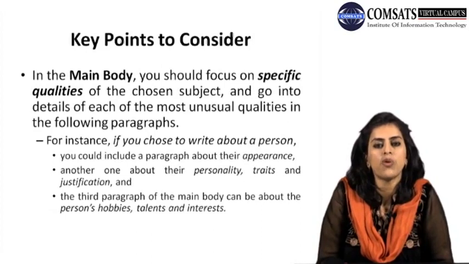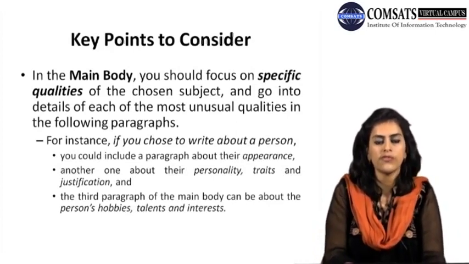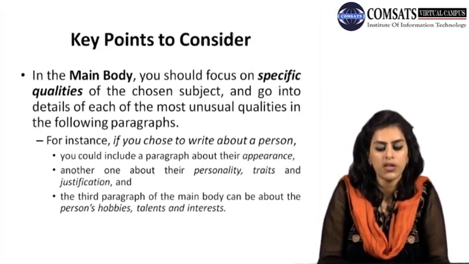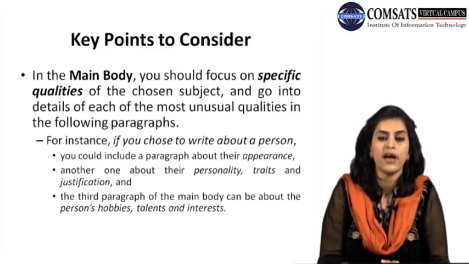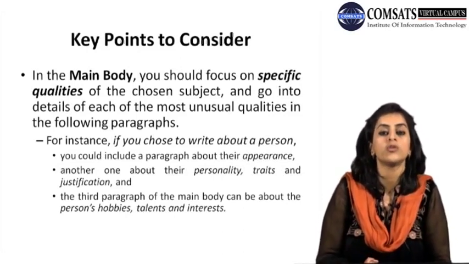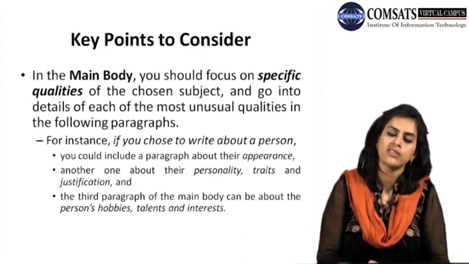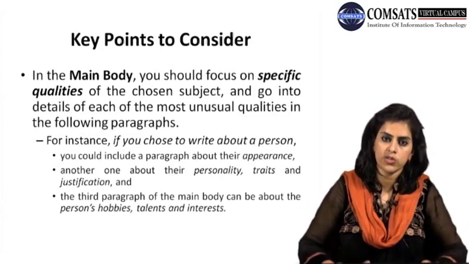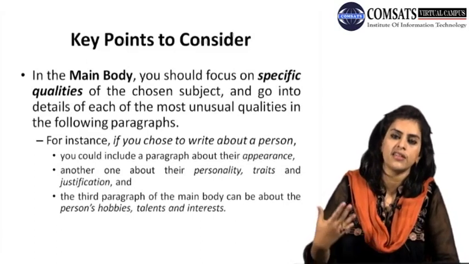Then the next key point is, in the main body, you should focus on the specific qualities of the chosen subject. In the main body, you would talk about the different specific qualities of the chosen subject and go into details of each of the most unusual qualities in the following paragraph. Now you would talk about their specific qualities, moving on to their unusual qualities in every next paragraph that you are writing. So, starting from the general and then moving to the specific, and then again going into the qualities and the unusual